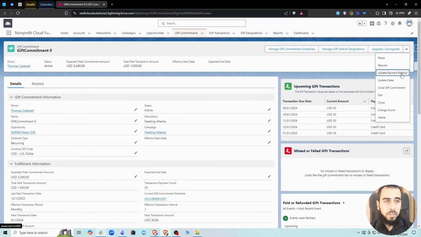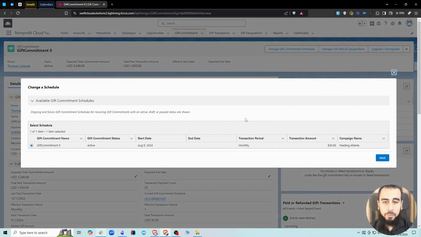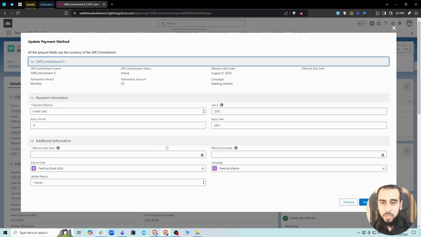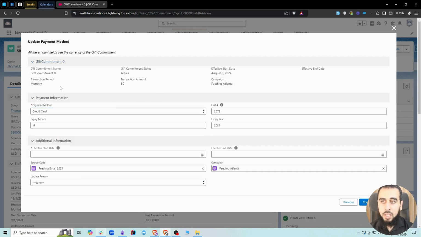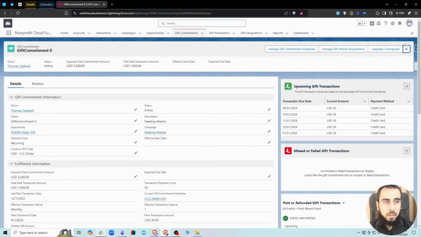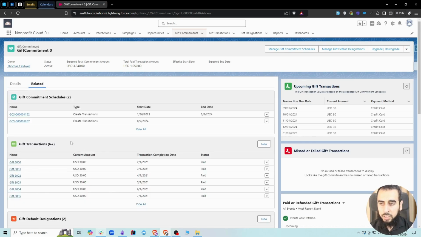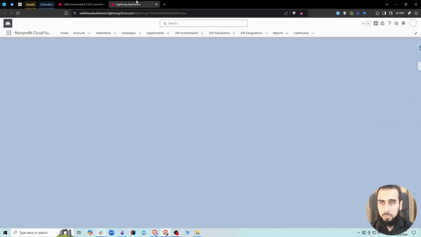There is also the button of update payment method. You're going to select the schedule, and then you will update the payment method down here, so we can update the payment method of the commitment. And the payment method will be associated with gift transactions. If we actually go to any of those gift transactions that got created as part of this commitment,